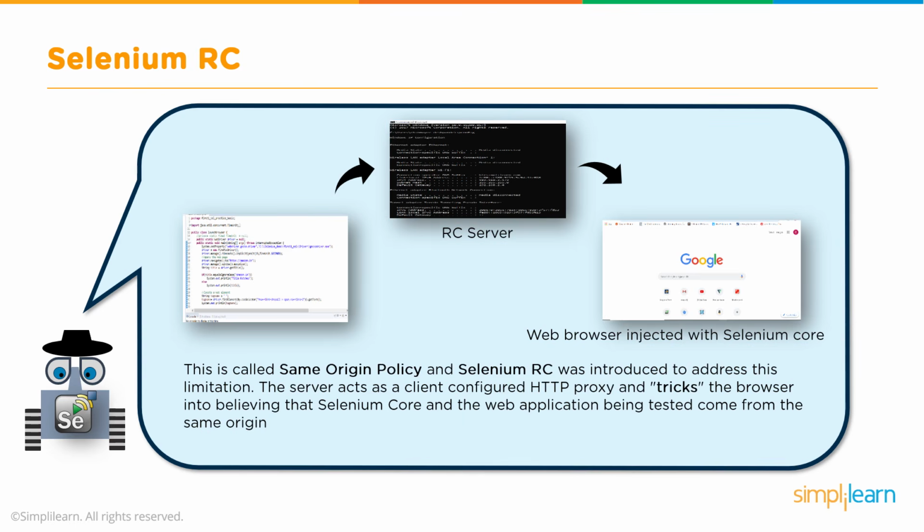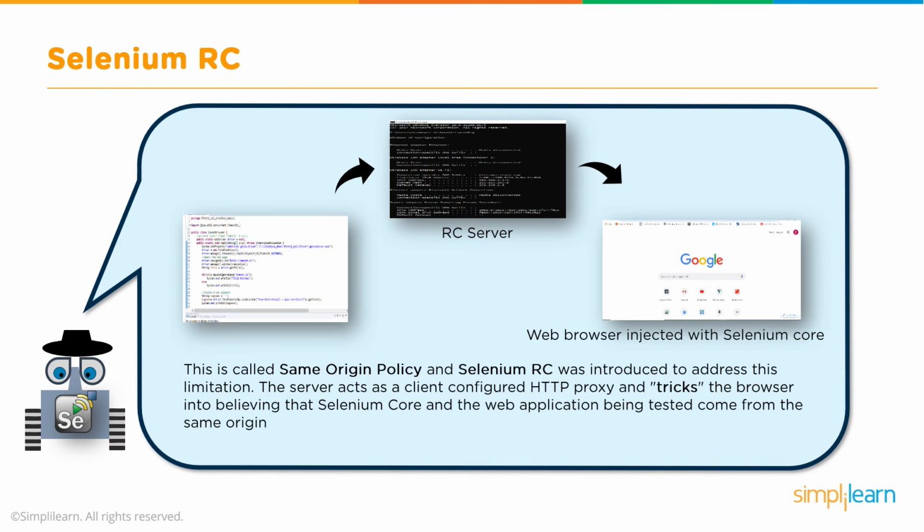And how exactly does this communication happen? The RC server acts like a proxy. Say your test script asks to launch a browser. This command goes to your server, and then your RC server launches the browser. It injects the JavaScript into the browser. Once this is done, all the subsequent calls from your test script to your browser